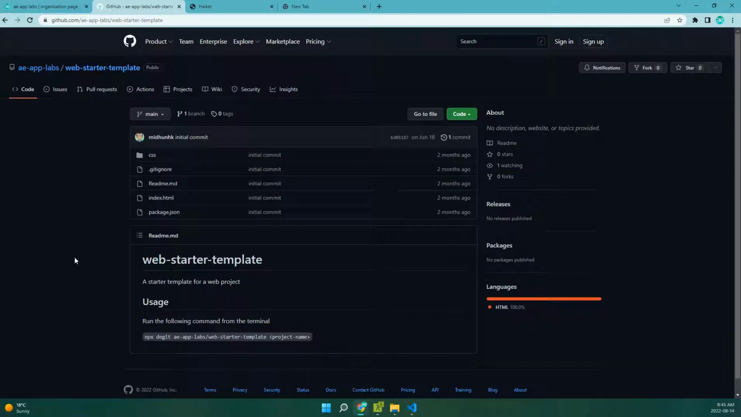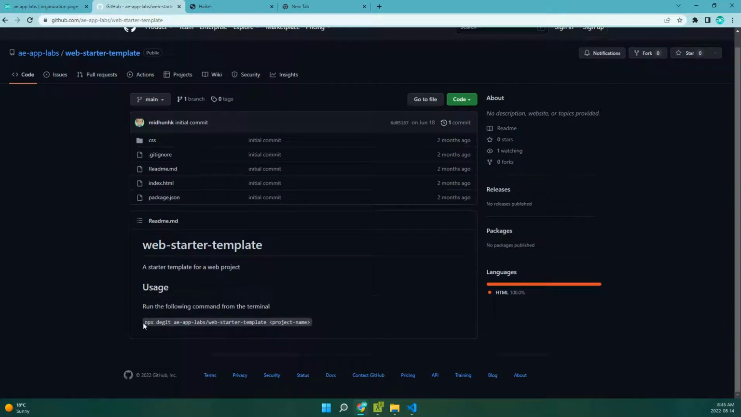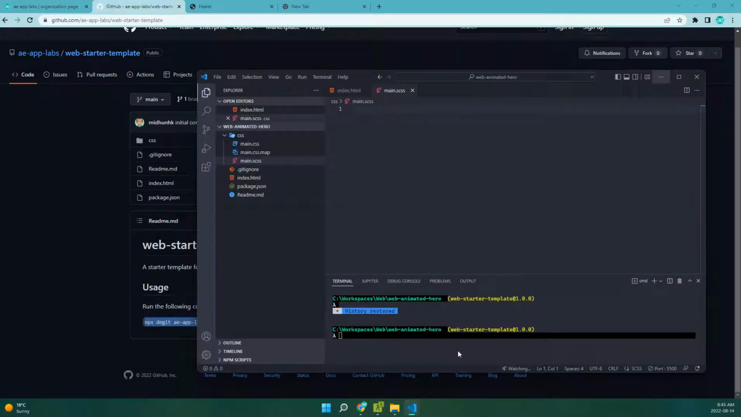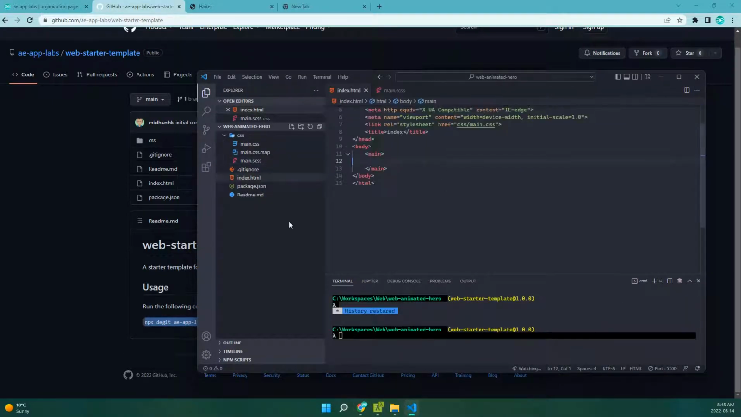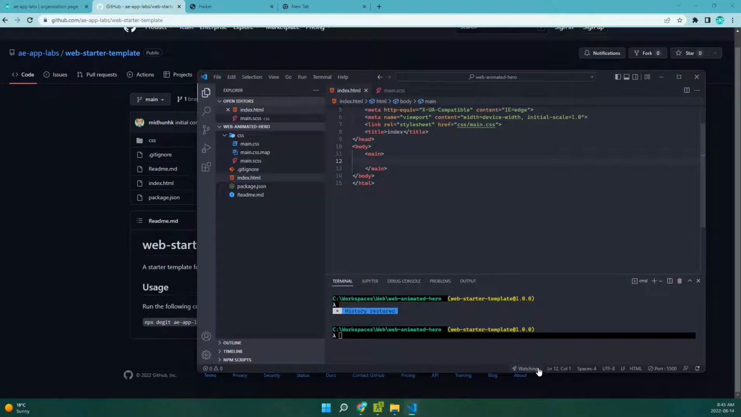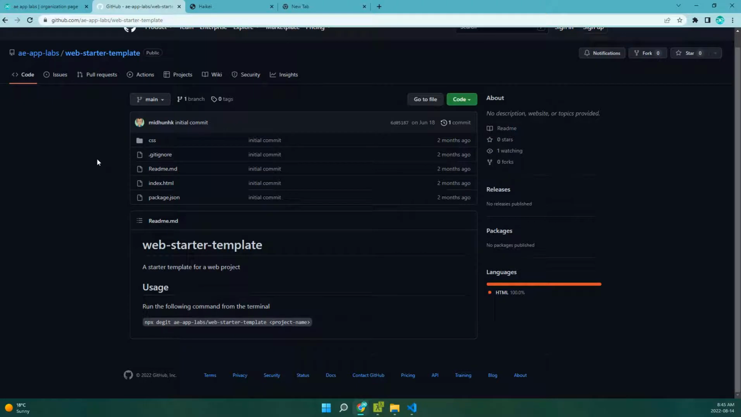So I've already set up this template project based on the last video. This is already initialized, and I've already opened it up in VS Code. So we have it here. Just make sure you have enabled watch CSS. So what we're going to do is we are going to create